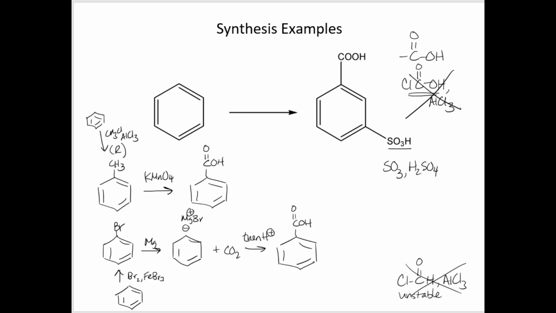And so in this case, as I'm looking at this reaction, I have multiple ways to put the carboxylic acid group and the SO3H group on the ring. So in terms of the order, which group should go on first? Well, I could use this SO3H group. I could put that on. So I could say, well, okay, let's,